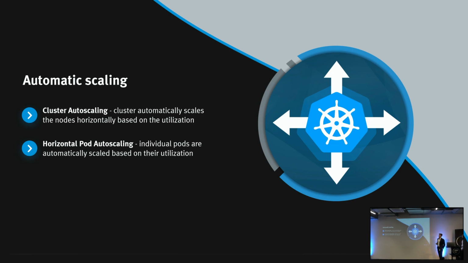So normally in Kubernetes, when you deploy your application, you need to know what the requests or the resources your application will need, so you specify that in your deployment, and you can also specify some limits so that your application cannot use more than 20 GB of RAM, for example. And then you have a horizontal pod autoscaler within the cluster, which measures the metrics, and as soon as a certain threshold is triggered, for example, 80% of RAM is used, then the horizontal pod autoscaler will scale up the replicas of a single pod within the cluster, so that you have more replicas of a single application distributed across the worker nodes. That's the intention behind that.